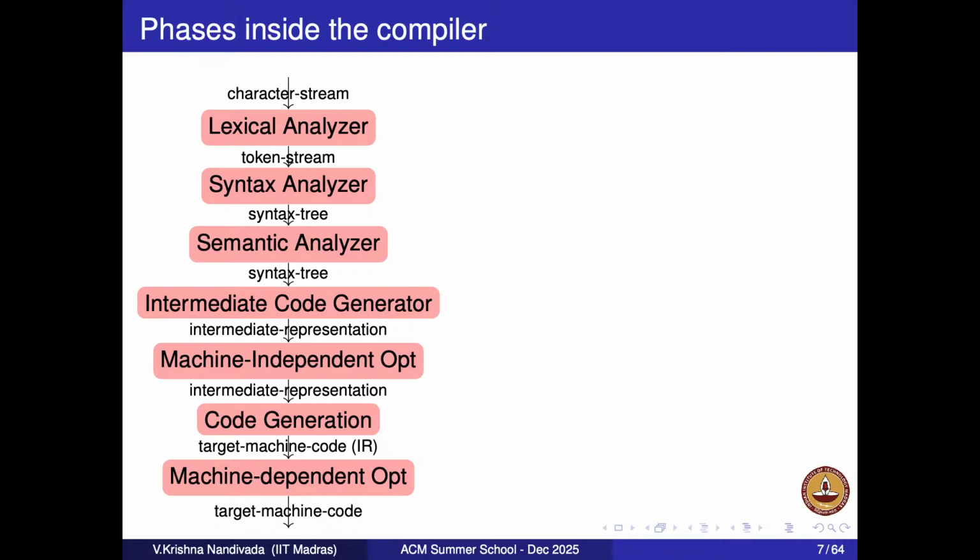So if you look at the 7-phase compilers, we would have briefly looked at the lexical and syntax analyzer, and spent some time on semantic analysis. Some part has been already discussed about code generation and optimization, like low-level optimizations and so on. Today, what we'll be looking at is high-level optimizations.